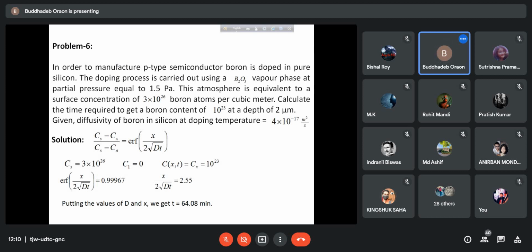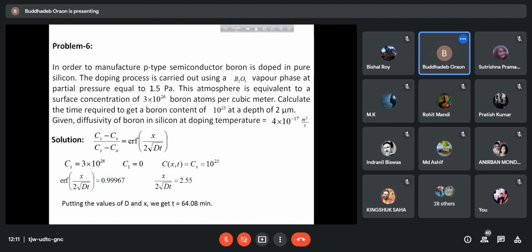Problem number 6. In order to manufacture P type of semiconductor, boron is doped in pure silicon. Doping process is carried out using a P2O3 vapor phase at partial pressure equals to 1.5 Pascal. This atmosphere is equivalent to a surface concentration of 3 into 10 to the power 26 boron atoms per cubic meter. Now pressure, partial pressure can be related to the surface concentration here. Calculate the time required to get the boron content of 10 to the power 3 at a depth of 2